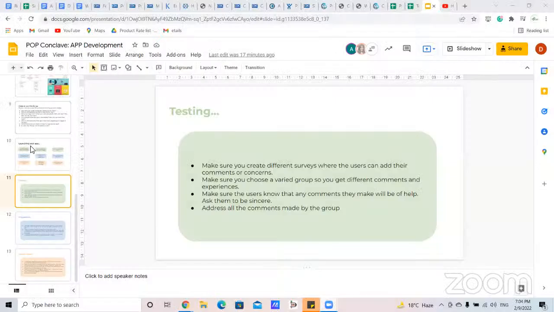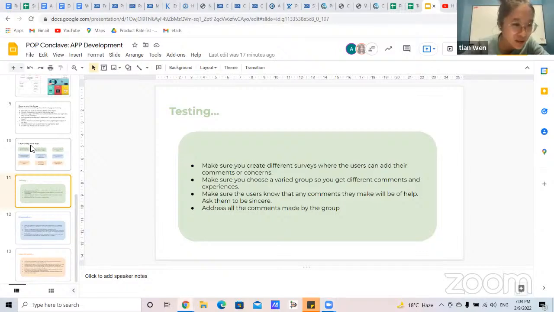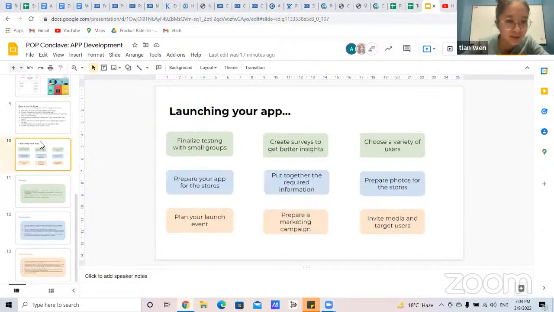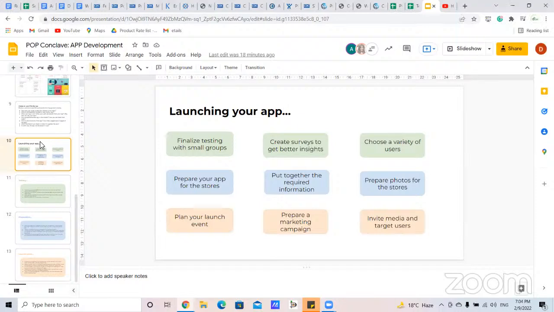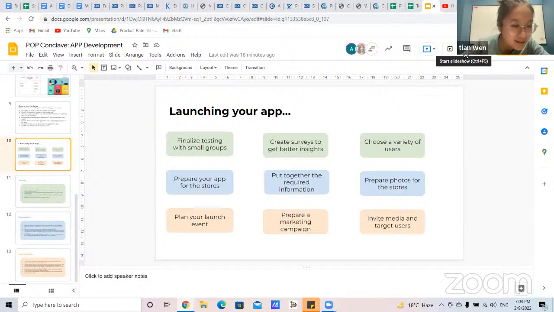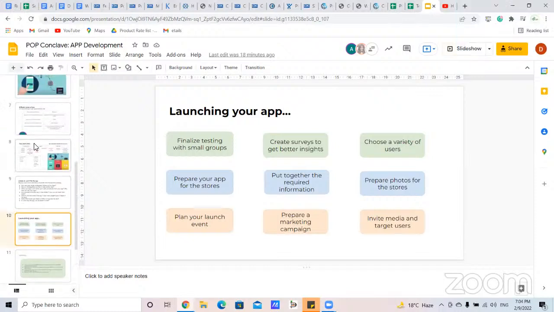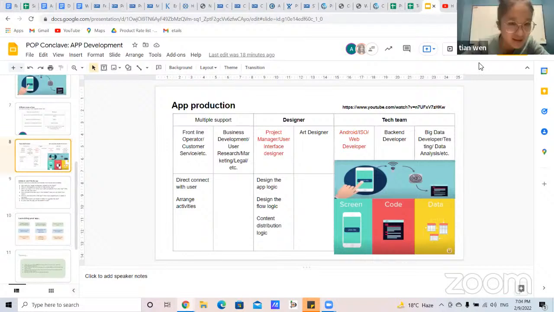Sorry, Drishya, any problem? No. Or you want me to continue? Can you tell me from which slide number I need to start? I think it's number 8. Is this okay? Number 8. Okay. Sorry, number 7. Okay.